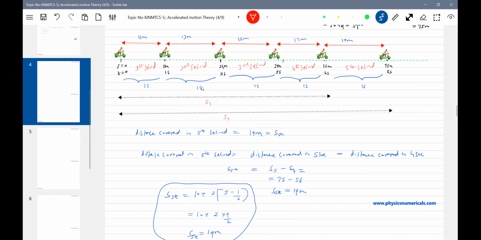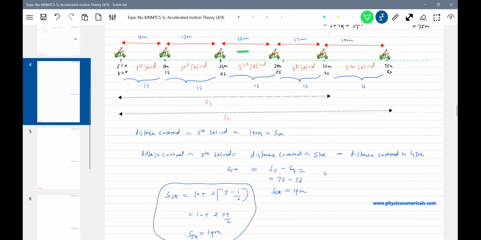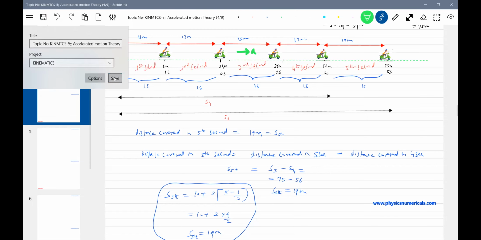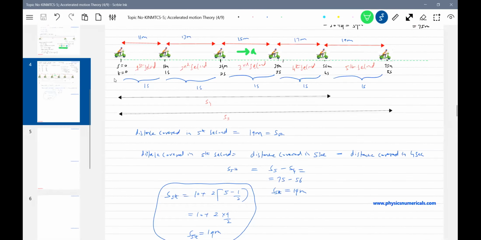Now, what is the type of motion? It's an accelerated motion. How is the acceleration directed? Let me indicate that acceleration because that is very important. The speed of the body is continuously increasing, no? So it is said to be describing accelerated motion. Okay, everyone, I think understood the distance covered in nth second; the formula is given in the book. It is going to help us a lot. Okay, let's further discuss the